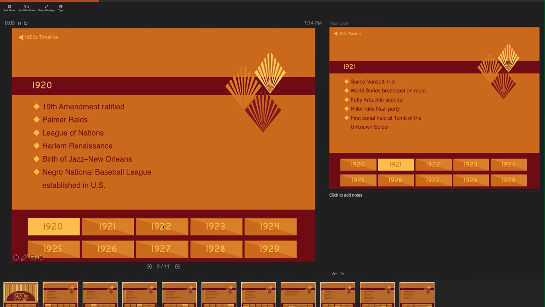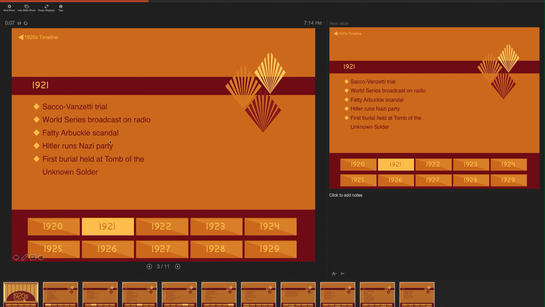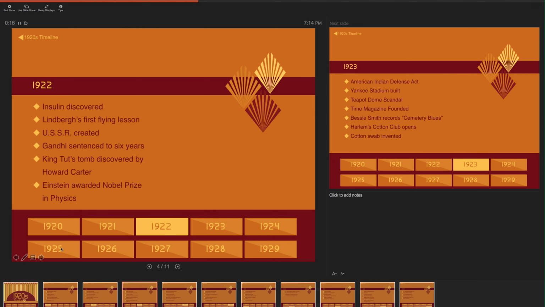When I click on a year, it takes me not only to that year, but it also takes me to showing me, for example, here's 1921. It's showing me the information, and it's also giving me the facts, and the button is highlighted. So if I go to a different one, you can see as I scroll through here,